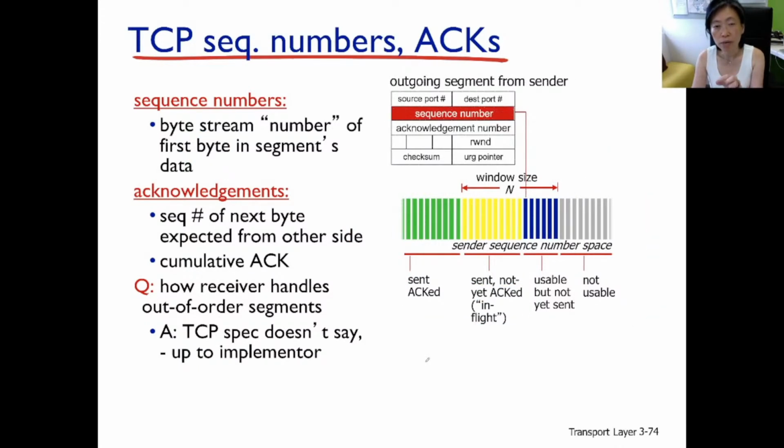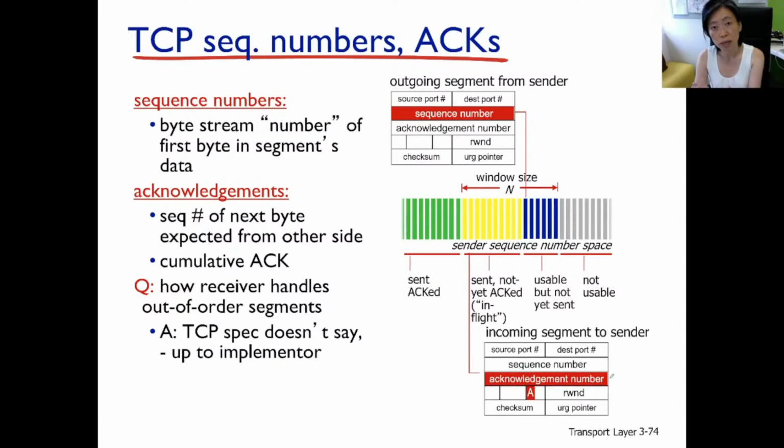Now, the sender generates a data packet. What's going to be in the sequence number? The byte stream number of the first byte of the data. And if an acknowledgement is coming back to the sender, acknowledging this packet, the acknowledgement number here is going to indicate what? The byte stream number of the next yellow byte. So this first one here is going to turn green. So ACK number here is the first yellow next.